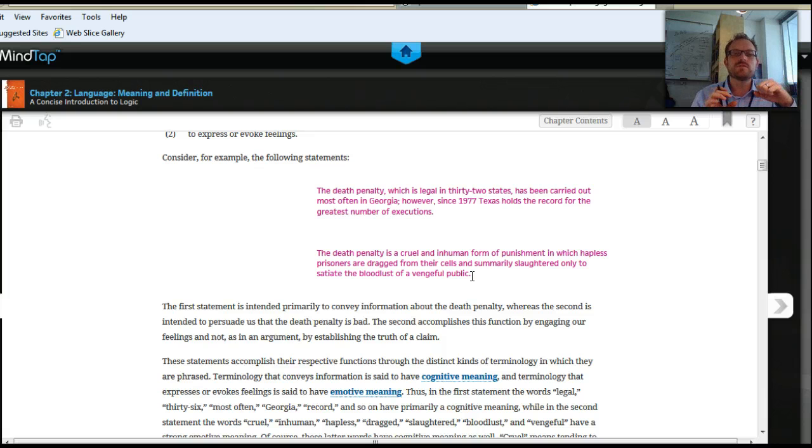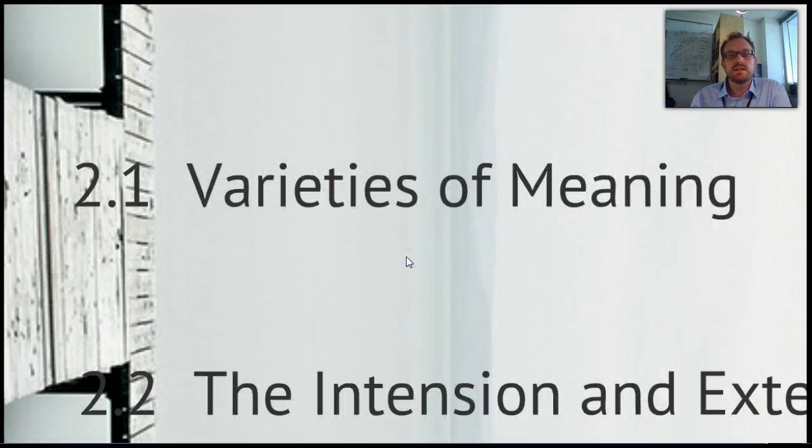Now that sounds sort of odd the way I phrased that there, right? But that's ultimately the idea. The value claim here is that the death penalty is a bad sort of thing, and they're using language in this example that ultimately forces you to concede to that assumption, that value, and you can think of it that way, that there's an assumed value here, right? And so what we need to do is, when we see a phrase like this, we have to disentangle the cognitive meaning from the emotive meaning.